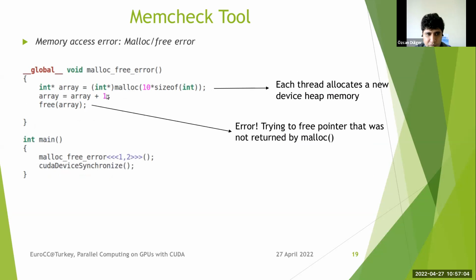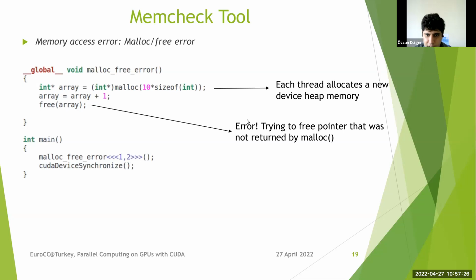We get the address of the second element of the array. Now we have the address of the second element, and we are trying to free it. Again, we create 2 threads for our kernel, but we get another error here